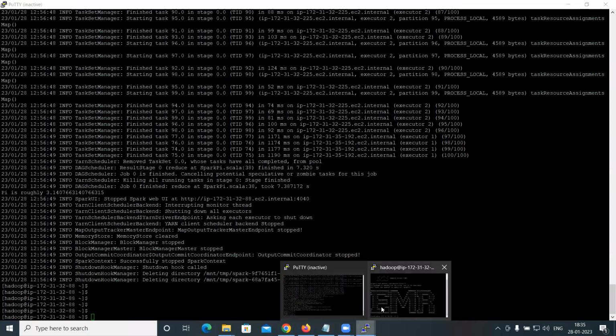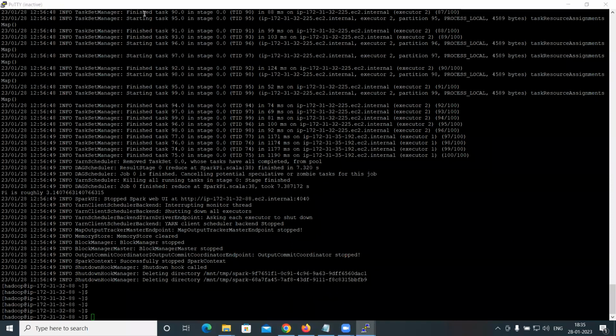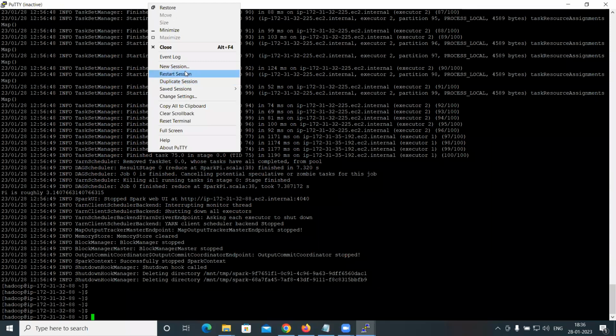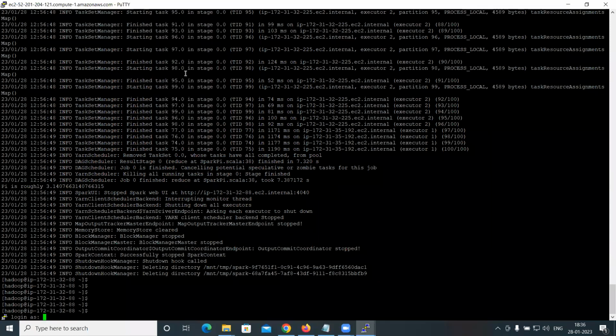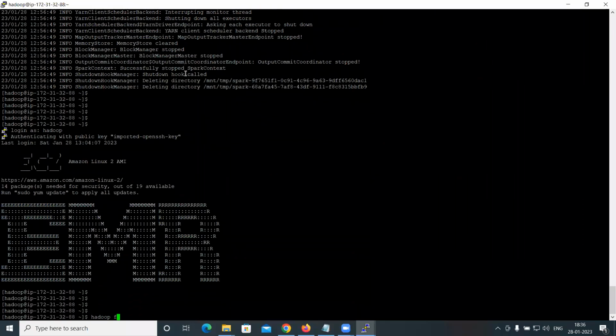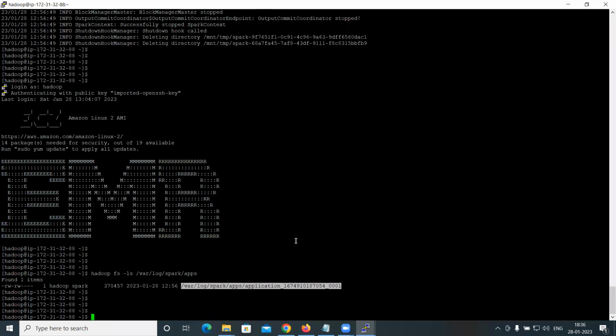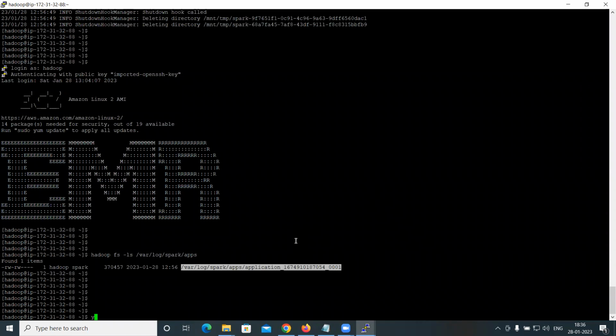Okay, it seems it got disconnected for me. What I'm doing, I'm trying to restart the session. Let me log in again, using the hadoop user. So you can get Spark event logs in the path where log spark apps. Here you can get Spark event log information, and also through the CLI you can get